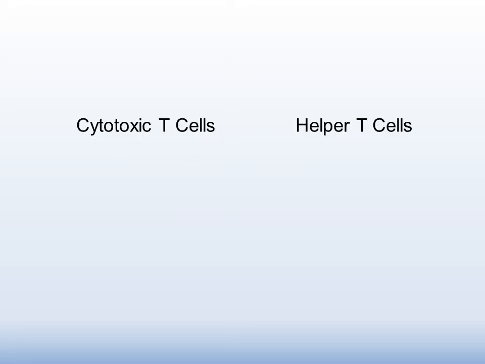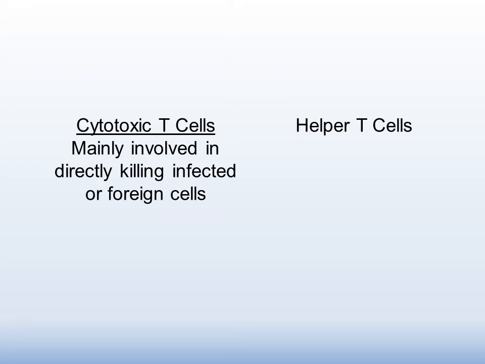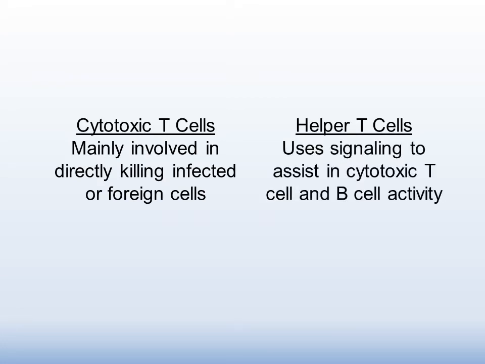As a very basic primer, in case you're not familiar with cytotoxic or helper T cells: cytotoxic T cells directly attack infected or damaged cells, and helper T cells assist in signaling both cytotoxic T cells and B cells. This is a grand oversimplification, but for the purpose of this video, know that they are both essential in clearing infected cells and foreign antigen from the body. In this video, we're going to collectively refer to them as T cells, differentiating them from the cells we're focusing on,